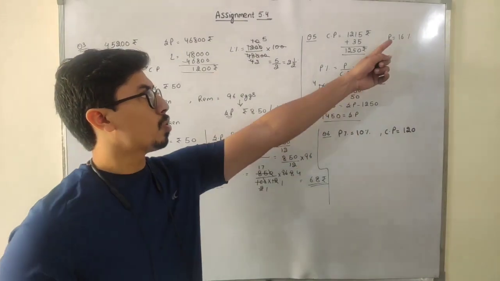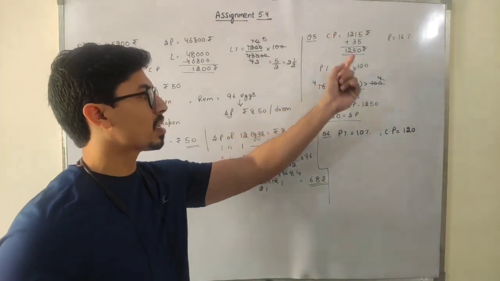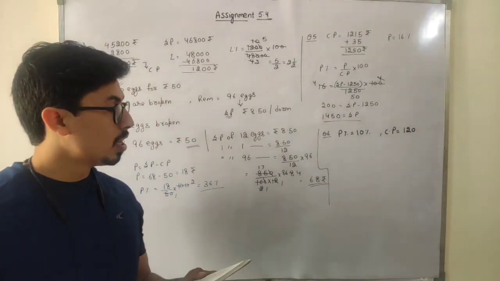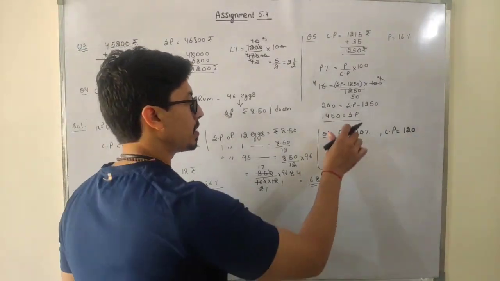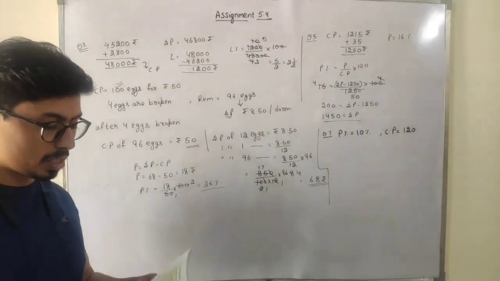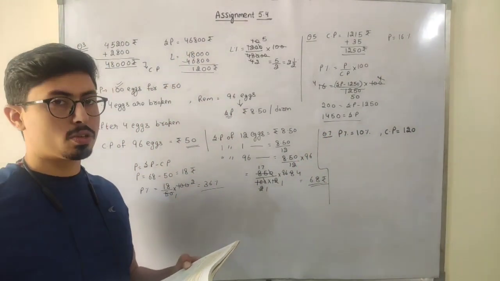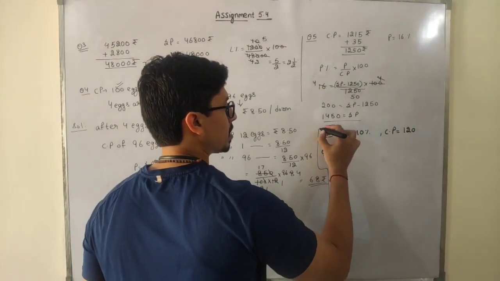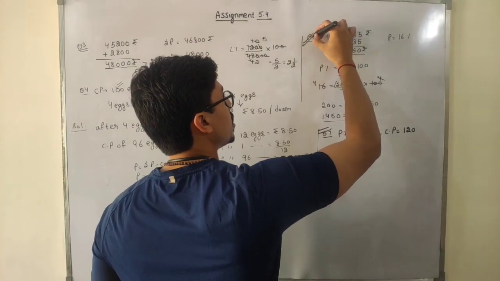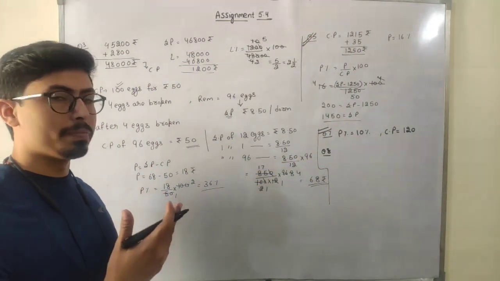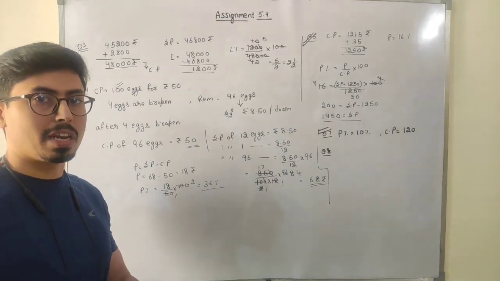See, like this question, profit percentage and cost price is given, and the selling price is to be found, so this is also the same question, students. So do this question number 7 also by yourself, students. I'm going to move forward to the 8th question now. Now see, in question number 8, students. See, question number 7 is same as question number 5. So just try to do it yourself. If you feel any problem, I will discuss in the next live class.